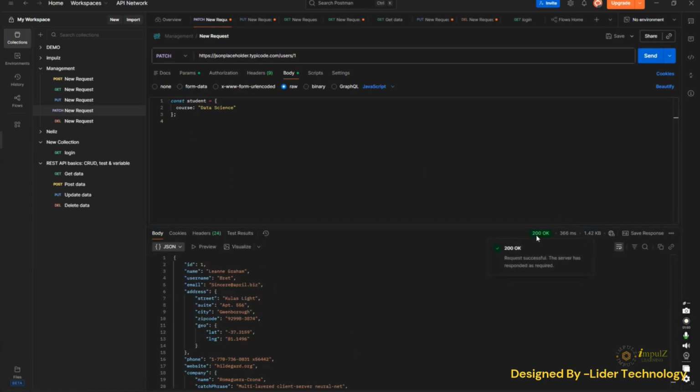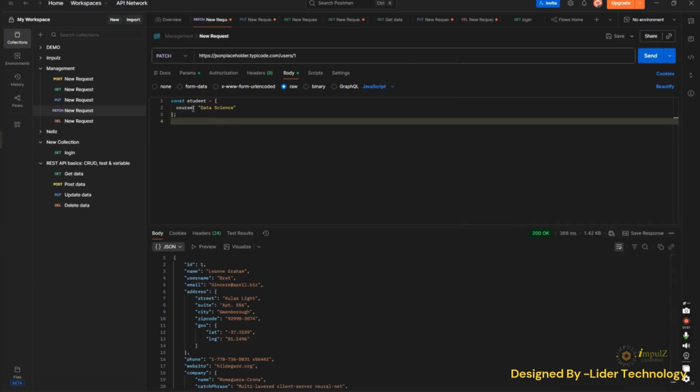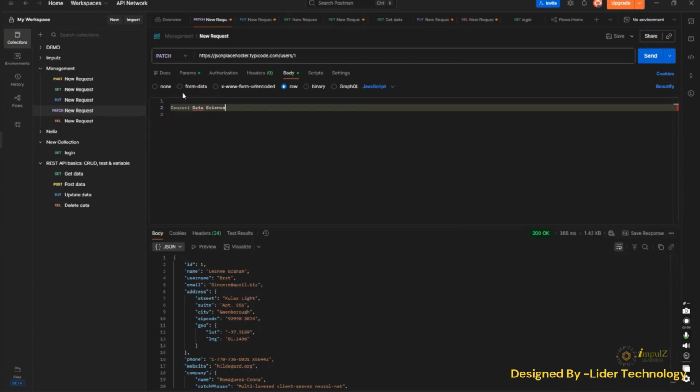Finally, we have plain text format. This is used to send simple text messages or raw data without any structure. When you click Send, the text is sent directly to the server, and the response confirms that it has been